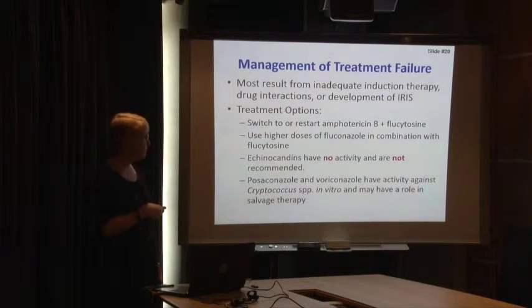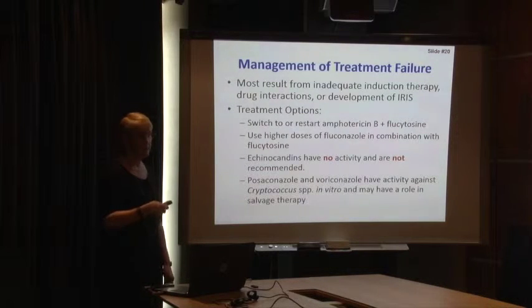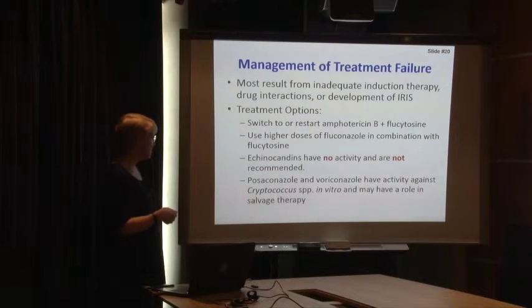But third and fourth generation azole drugs do have activity and may be available in a compassionate use scenario for treatment failure in the context of cryptococcal disease. These include posaconazole and voriconazole. They're very active against cryptococcal species in the laboratory and may have a role in salvage therapy if you can